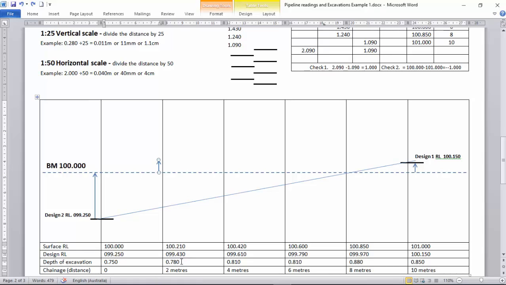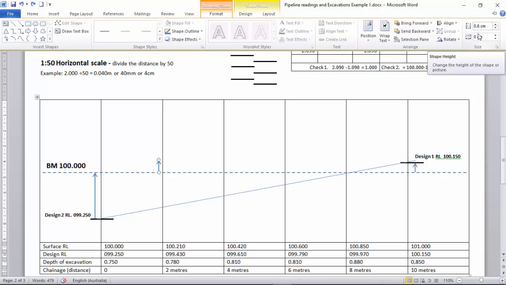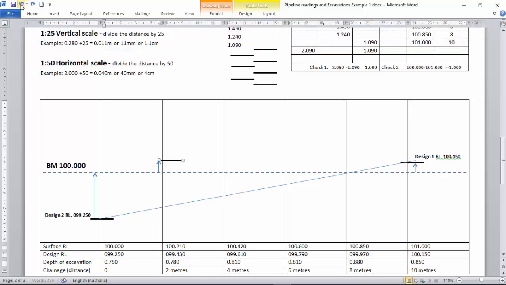Then the next thing we do, we work our way across the page. We've got 780 mil up. We've got 210 mil up from our 100 level line. So what we do with that, we divide 0.210 by 25, and that gives us 0.084. So if I click on format, it's 0.8. Okay, so we then put our tab on top of that, and then we move to our next grid point,